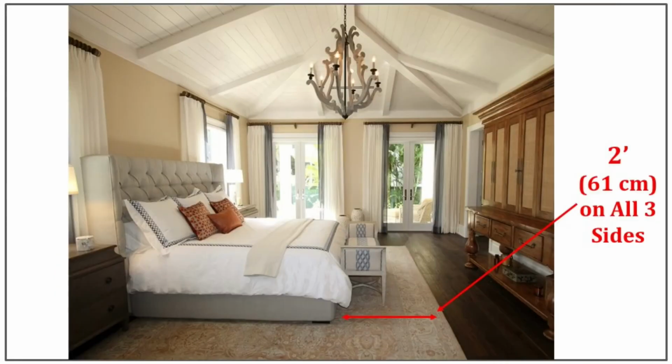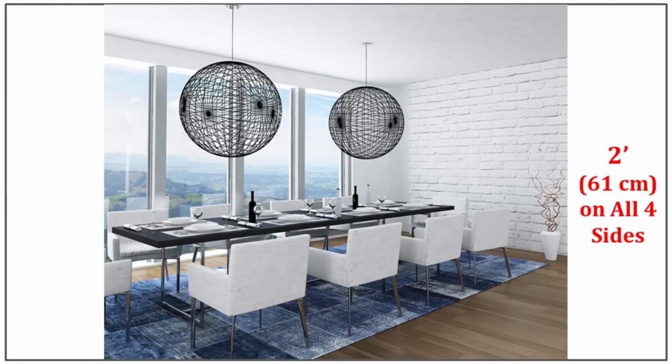For bedrooms, I love placing rugs under beds. For a bedroom, you want to extend the rug from the bottom 2/3 of the bed about 2 feet around the 3 sides. For a dining room, ensure that your rug extends at least 2 feet out on all 4